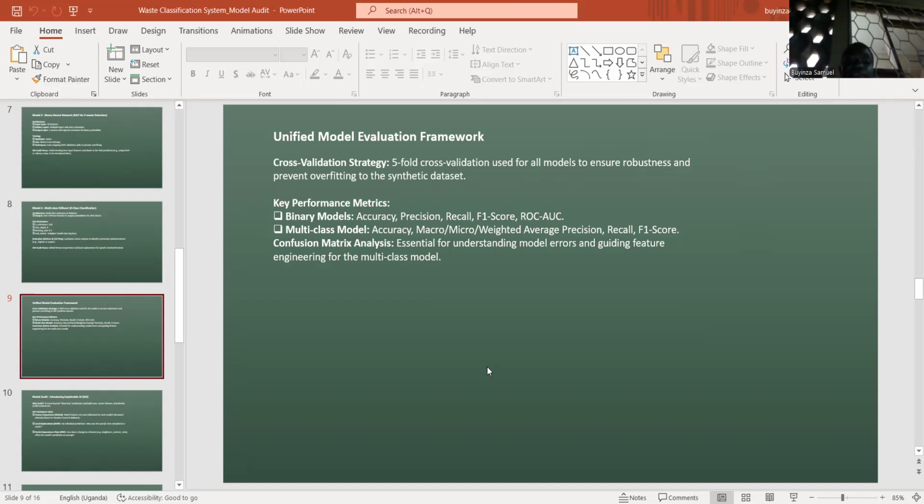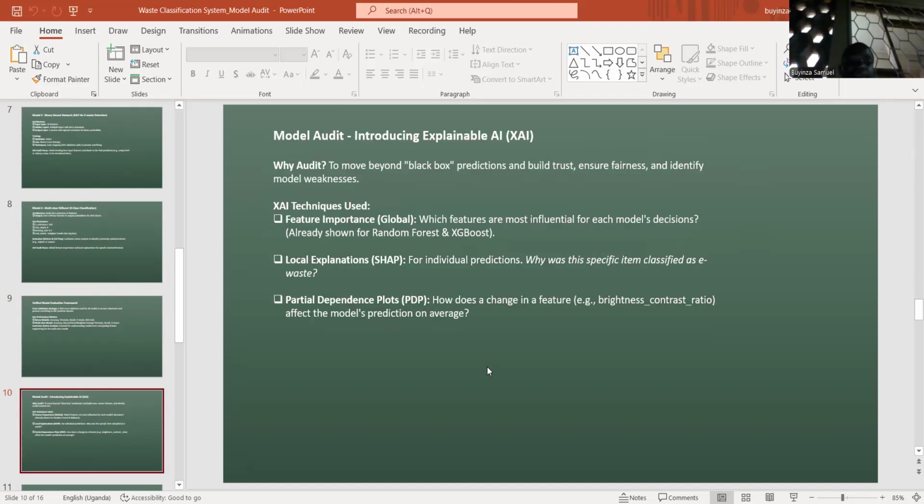Then for the multi-class model, there is accuracy, micro or macro weighted average, precision, recall, F1 score, and confusion matrix analysis. This is essential for understanding the model errors and guiding the feature engineering for the multi-class model. Then we look at the model audit, that is introducing explainable AI. Why do we audit? This is to move beyond the black box predictions and build trust, ensure fairness, and identify